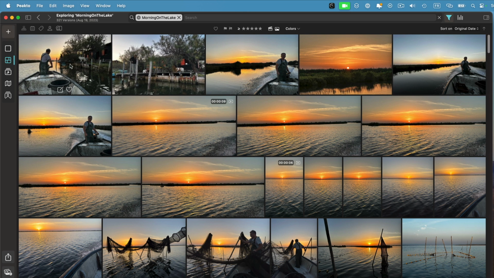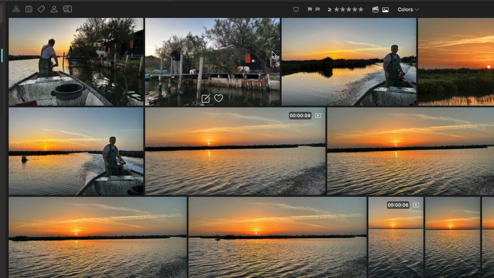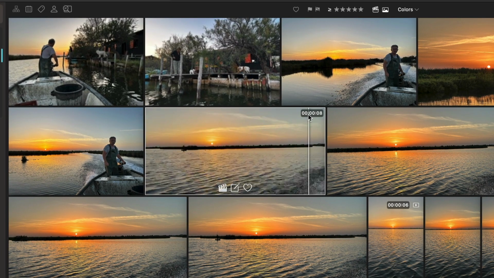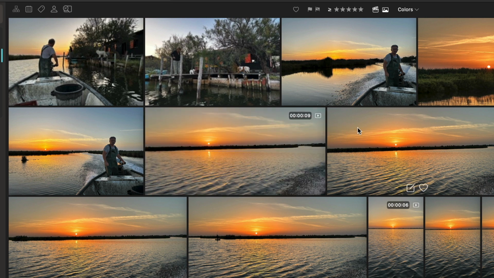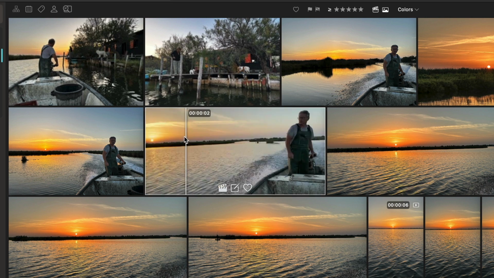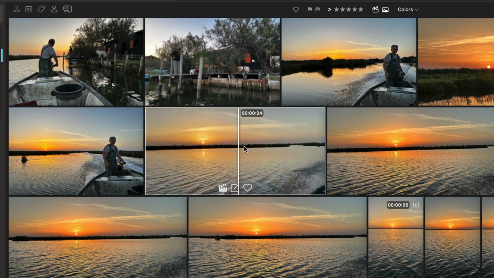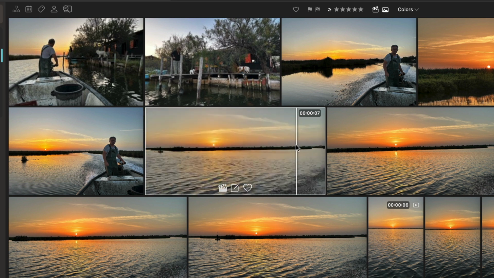But here I'm looking at such a catalog. It's a Lightroom catalog, and I have videos. The videos are displayed with a time code and a little icon at the top that lets you see that they are videos. And when you hover the mouse over the thumbnail, you will see the